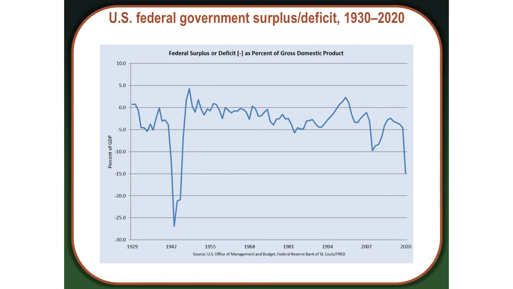Government spending has been in the news a fair amount in recent times. If you look at this graph, you'll see why. So, well, a couple things jump out. So when we're looking at U.S. federal government surplus deficit from 1930 to 2020,